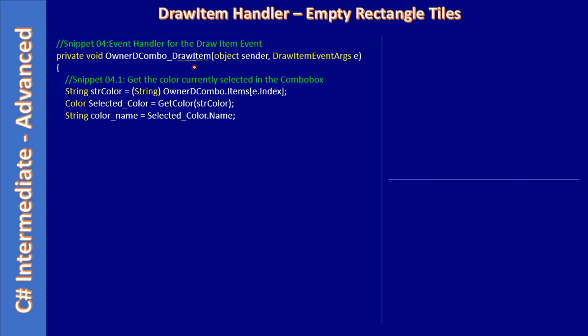Right. So here we are handling the DrawItem event handler, and as a first thing, this is the name we gave for our owner drawn control. So we access the control name, then the items collection. Then here, if you see, we are getting the index from